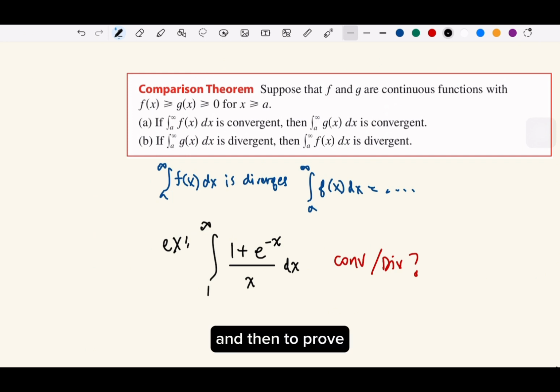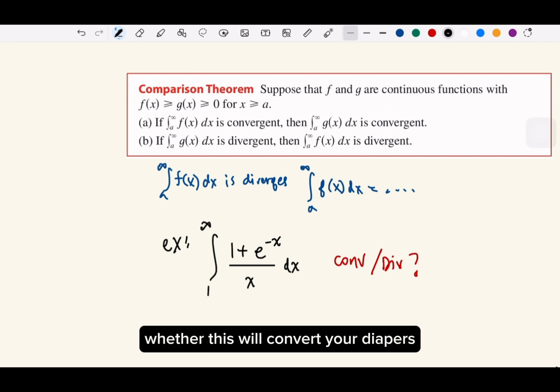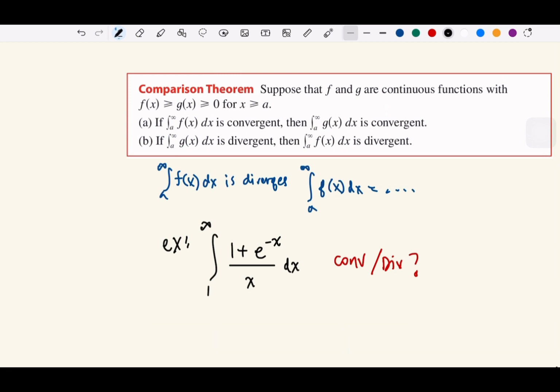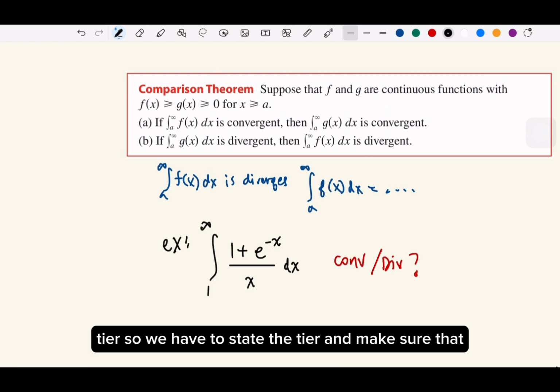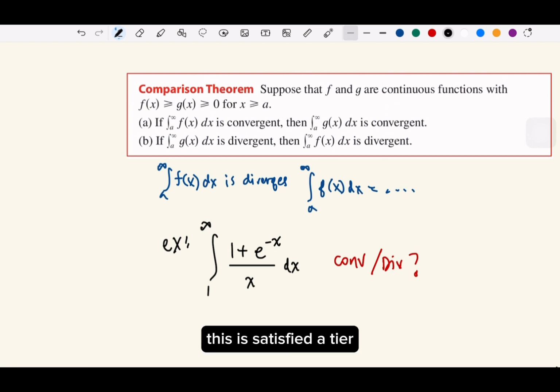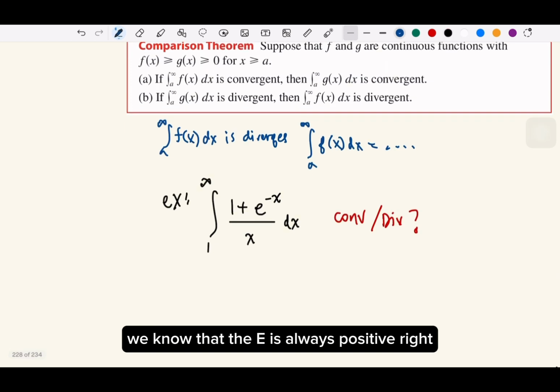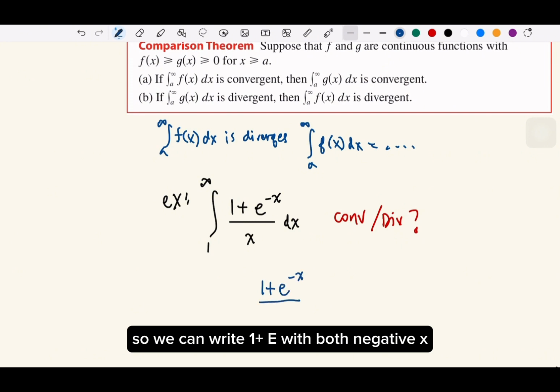And then to prove whether this converges or diverges, we are going to set up f greater than g. So that's our theorem. We need to state the theorem and make sure this satisfies the theorem, and then we can have our answer. So if we have this, we know that e to the power of negative x is always positive, right? So we can write 1 plus e to the power of negative x, this is always greater than